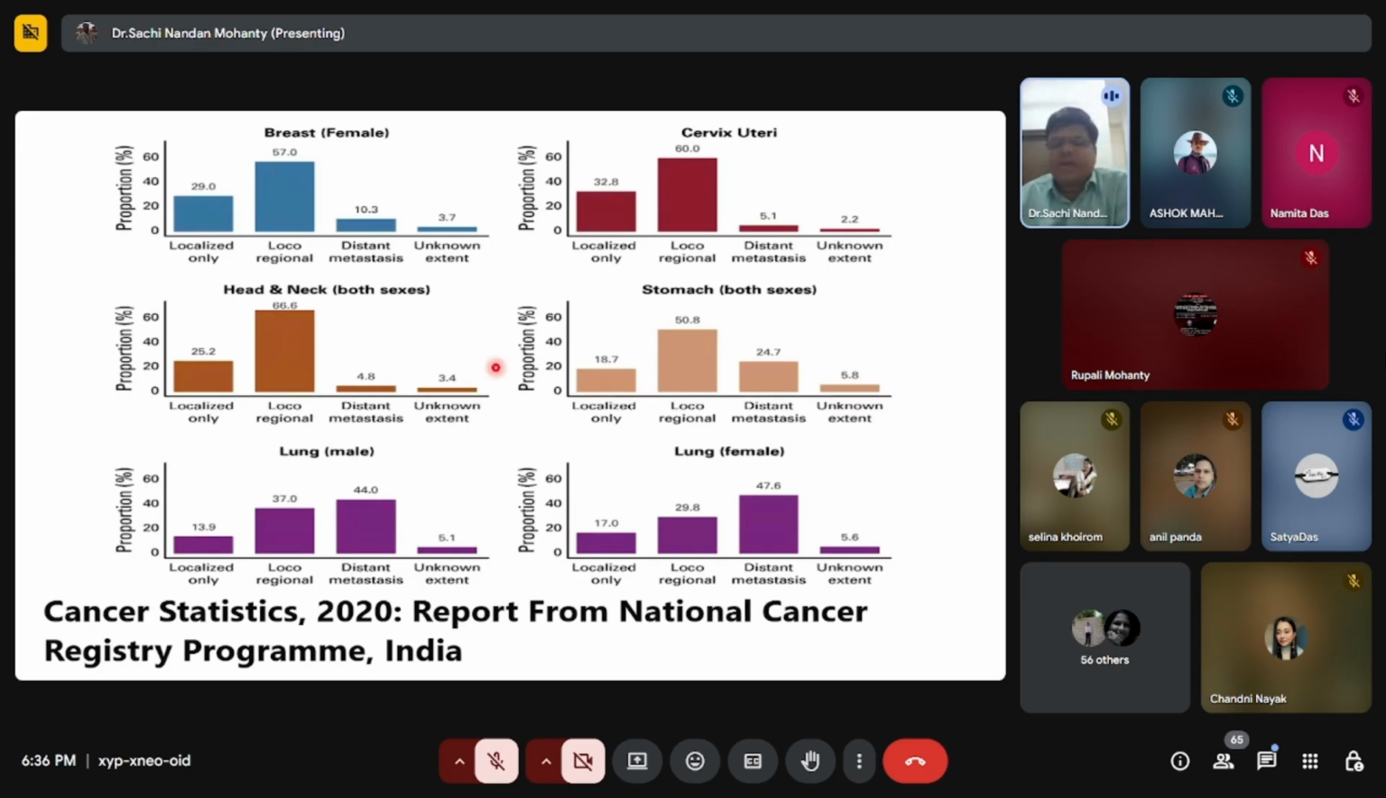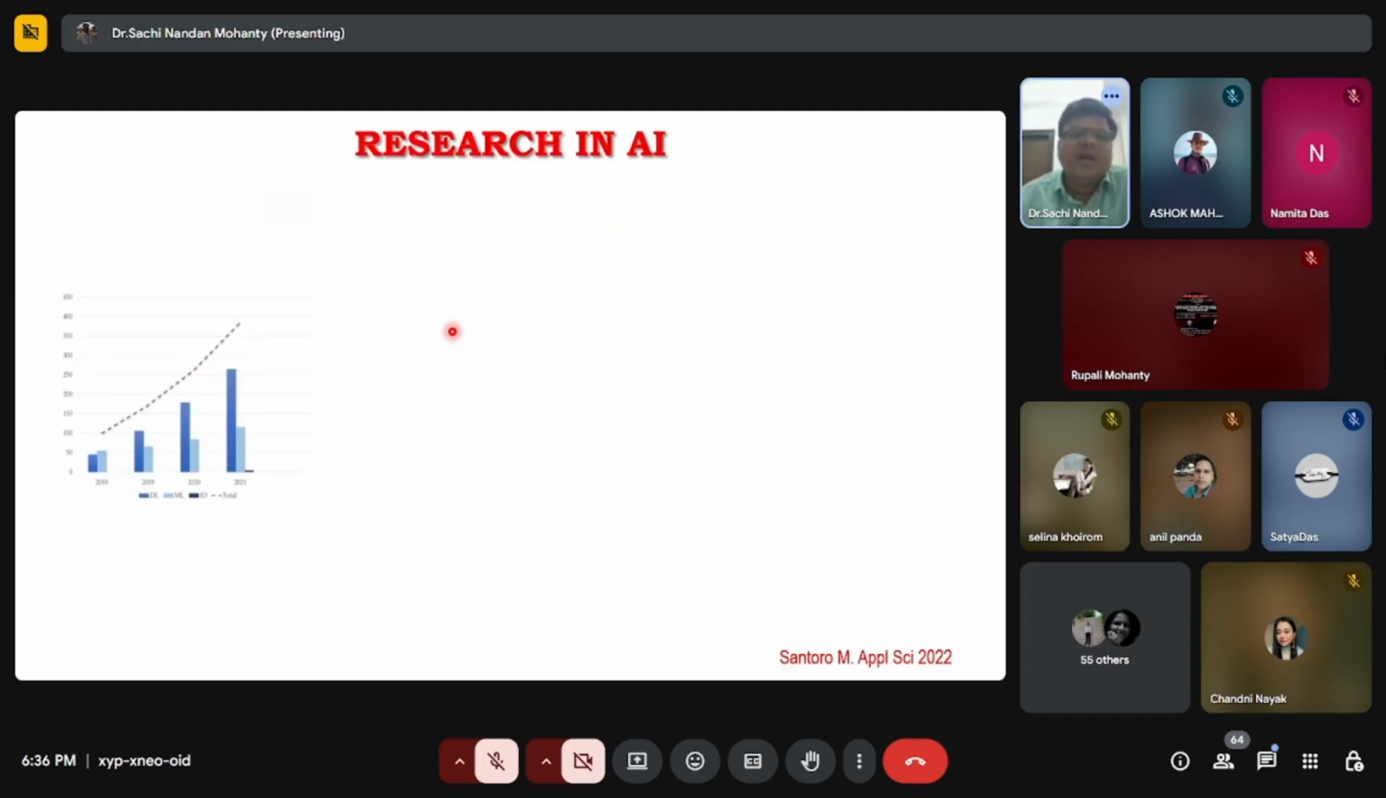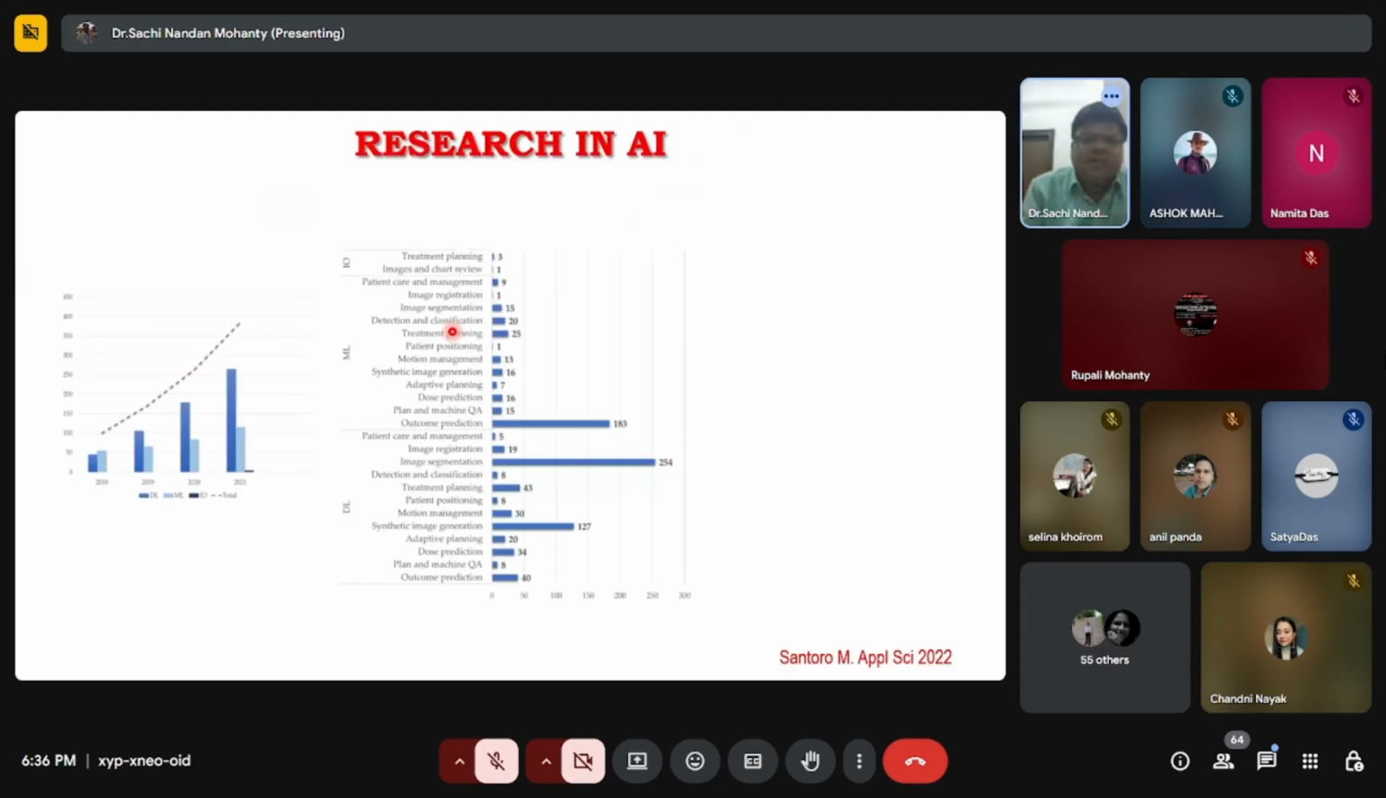So there are different types of cancer, and majorly breast cancer, lung cancer, and head and neck cancer are the most predominant among the other cancers. So why is this happening? In most cases, the proportion gradually increases in females as compared to males. Now, in AI research, we can find that AI is used not only for cancer treatment,